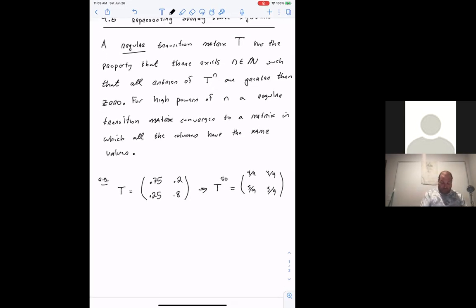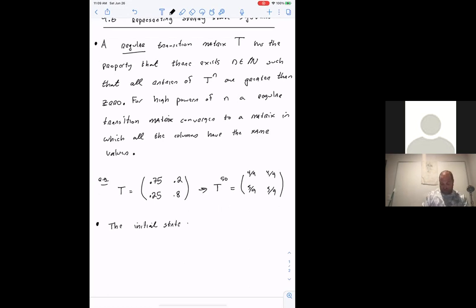We also wanted to find another definition here. We saw in the last section the election example where we had the number of people voting for candidate A and the number of people voting for candidate B. We called it a state vector because it represents the state of the system. The system is in the state of 42,000 people voting for this one and whatever the number is for that one. So we're defining the initial